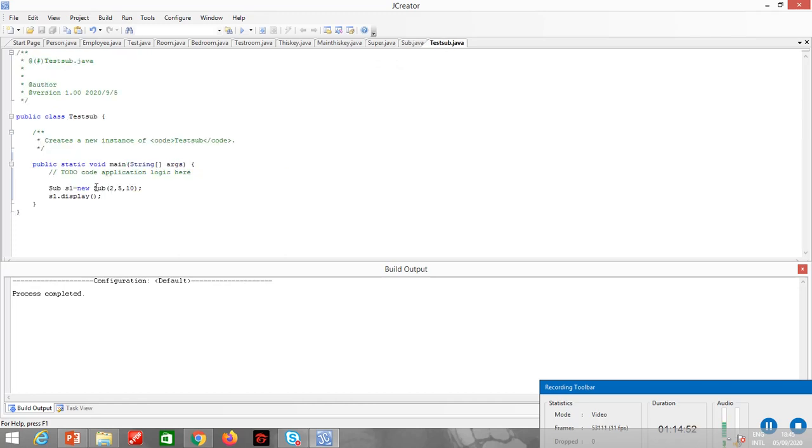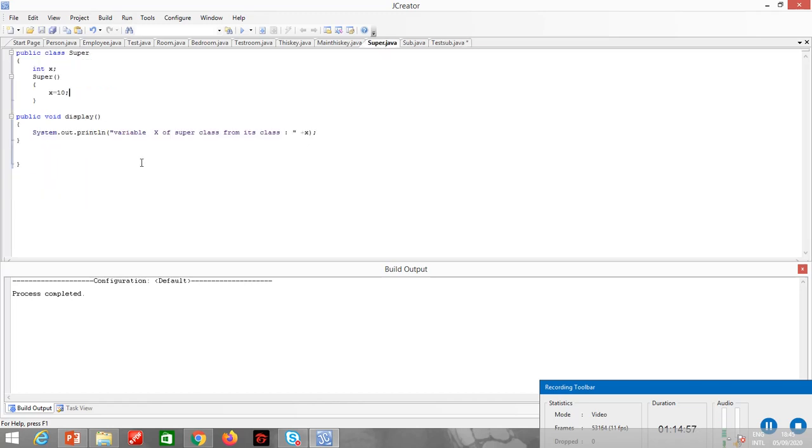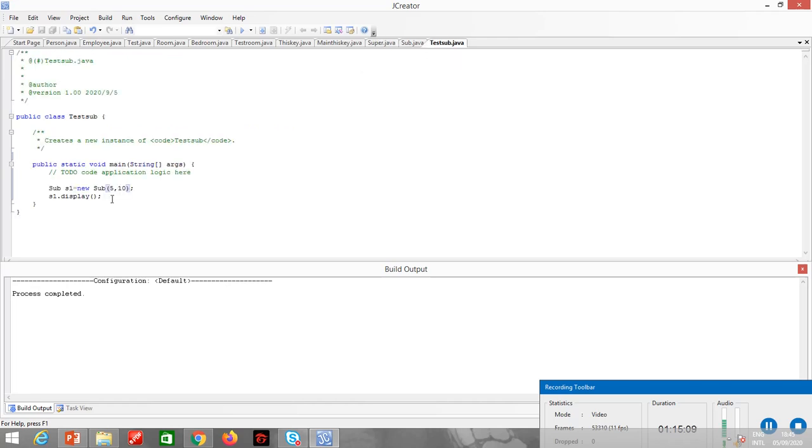So let's check it. I will pass only two variables, 5 and 10. Let me just make it over here 8. Okay, this is a superclass variable. X has a value 8, whereas subclass variable has a value 10. Now let's just check it.